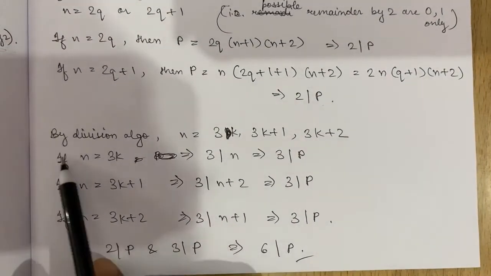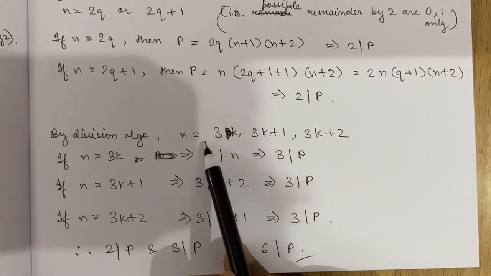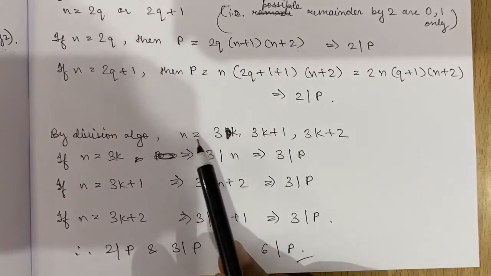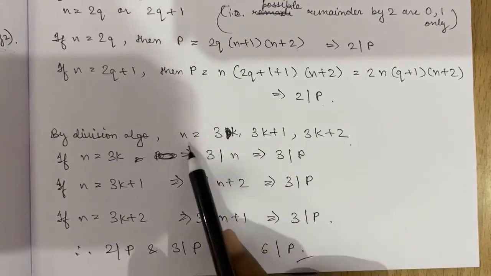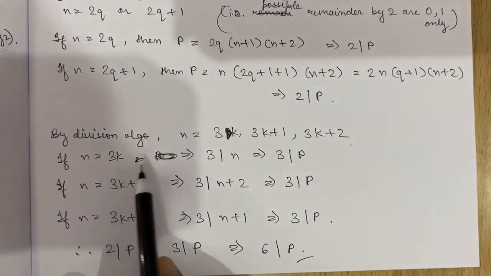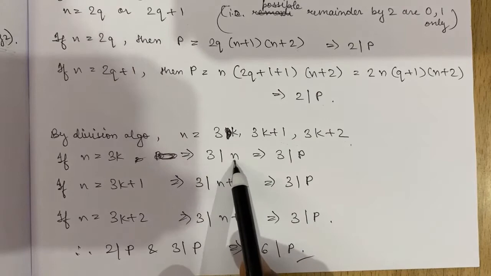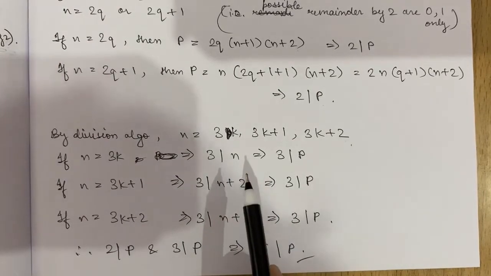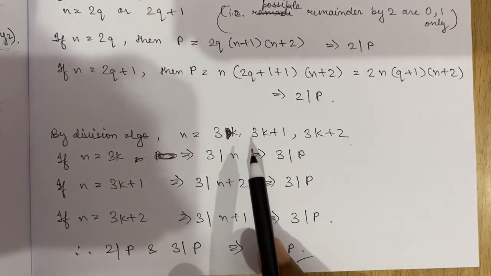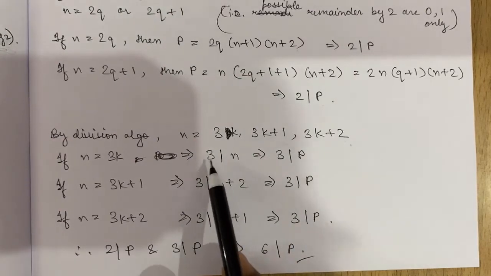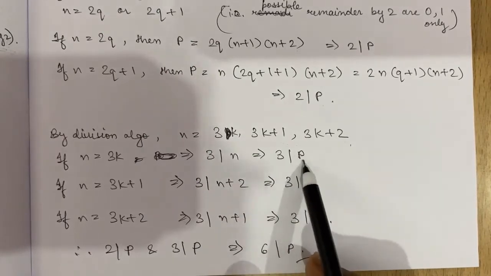Similarly, by division algorithm, possible remainders for n when divided by 3 are 0, 1 and 2. So n equal to 3k, 3k plus 1 or 3k plus 2 are the possible forms of n. And if n equal to 3k, then 3 divides n, so 3 divides P, because this is using the first property of divisibility. If 3 divides n, then 3 would divide n times some other numbers, so 3 would divide the whole product